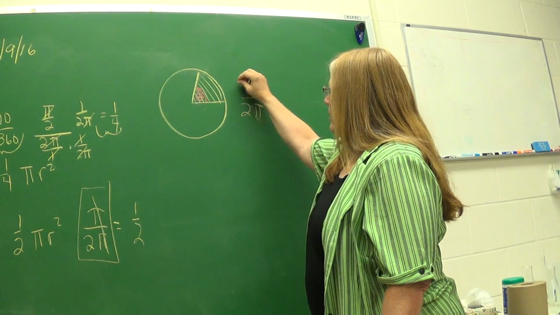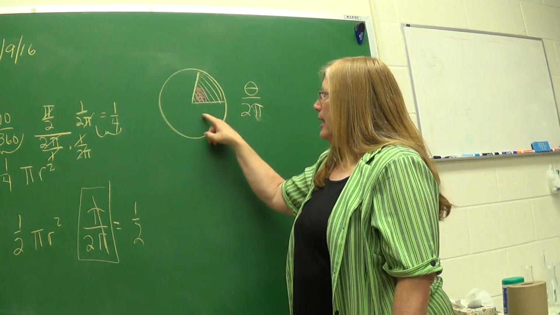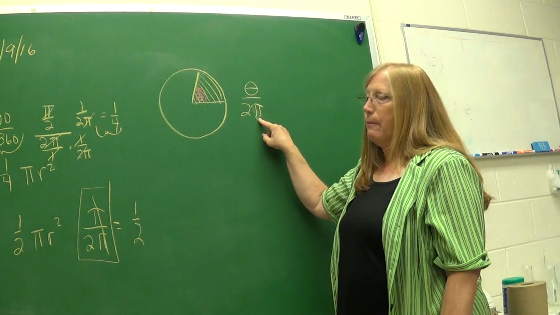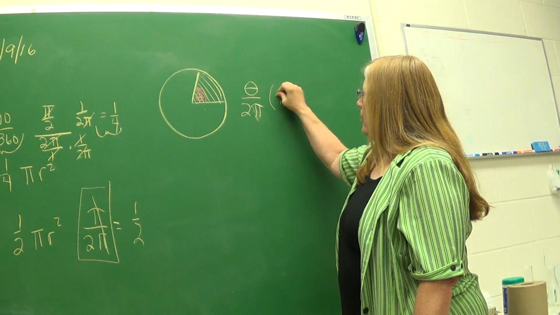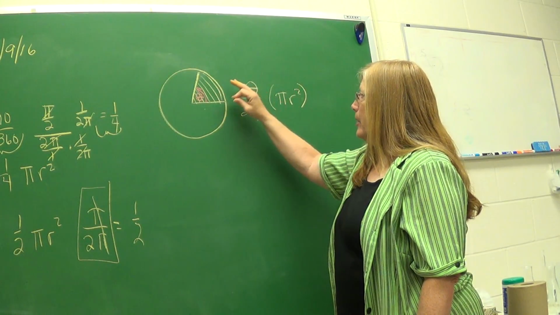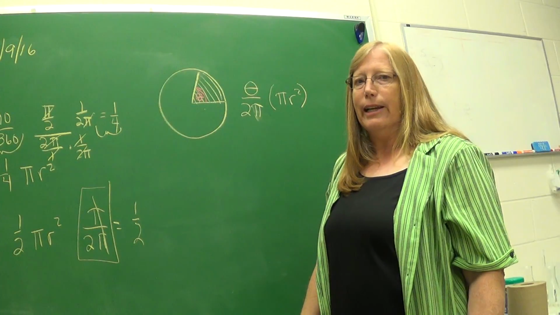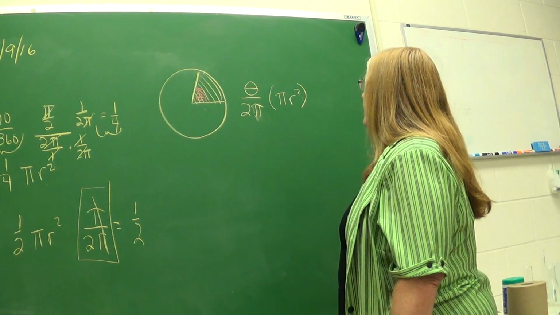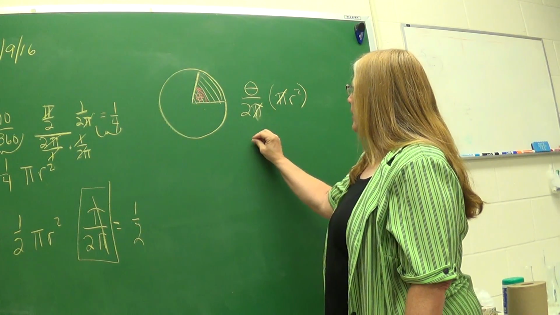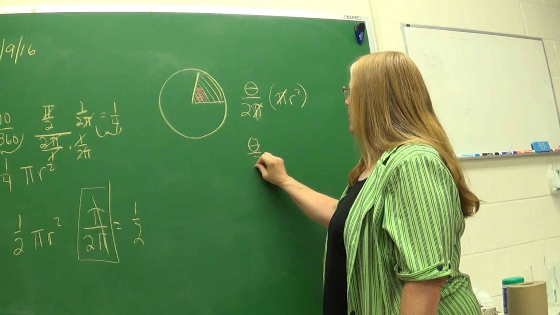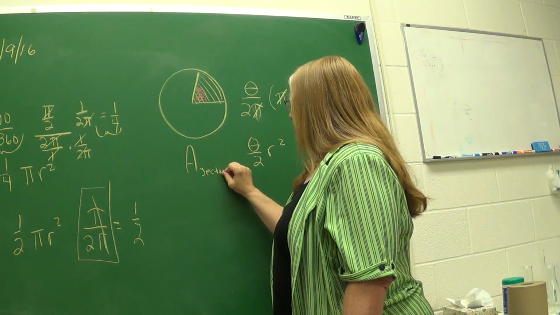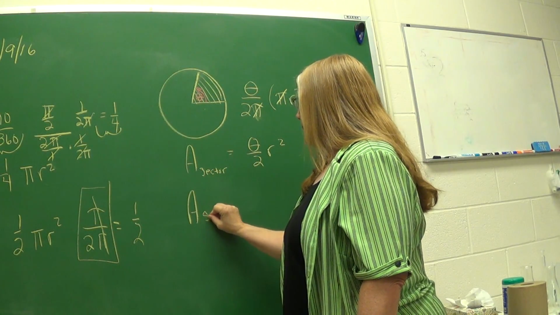So now that will give us the fraction that we need, that we saw earlier in this problem where there's a 1/2. This will give us the proper fraction, and then it's followed by the whole area. So pi r squared is the whole area of the circle. We only want the portion that this fraction allows. So let's see what happens when we simplify that expression. We have a pi, and so we're left with theta over 2 r squared, and this is the area of a sector, more often written like this: